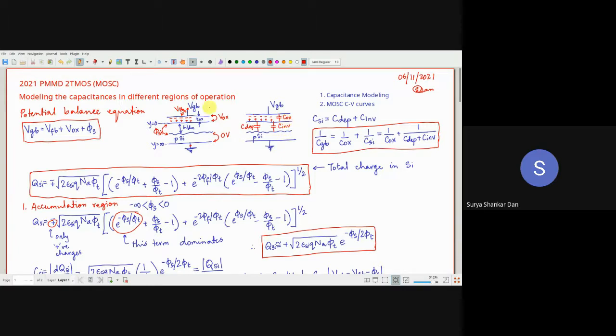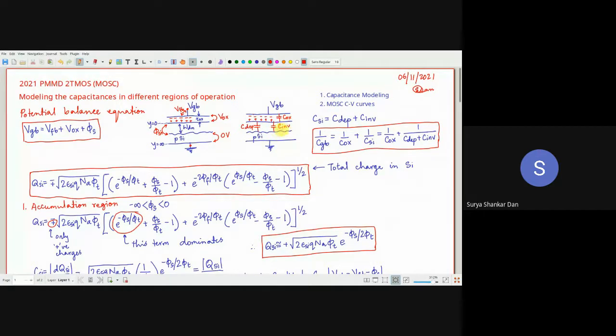Now this C inversion is slightly more complicated than whatever I've explained. That is because of low frequency and high frequency operation, which we will see in the next lecture. Okay, and what to do to circumvent that issue is what will bring us to the 3-terminal MOS, but we will see it later. Okay, but as of now, let us understand that all these capacitances and voltages are being measured only at DC. That means very low voltage, and in those cases, very low frequencies. In those cases, we are not going to have any problem with the C inversion.